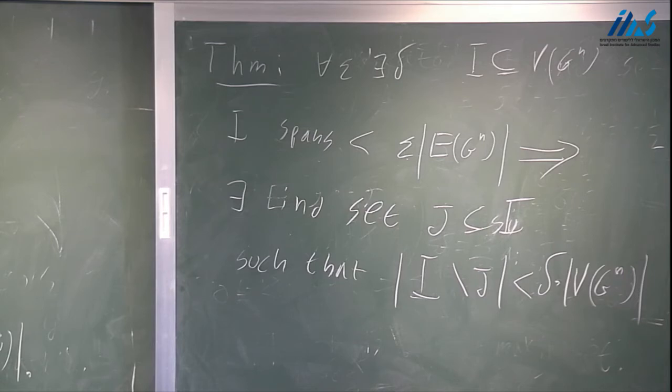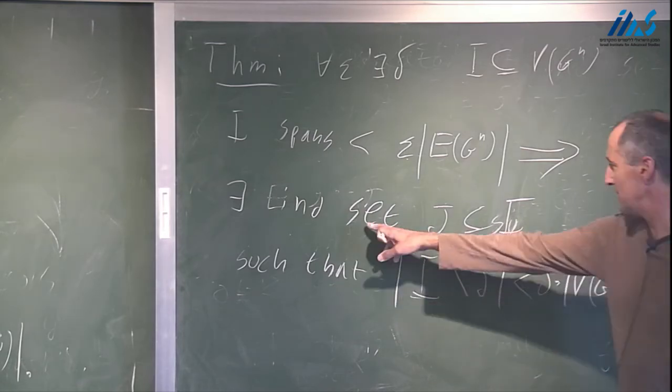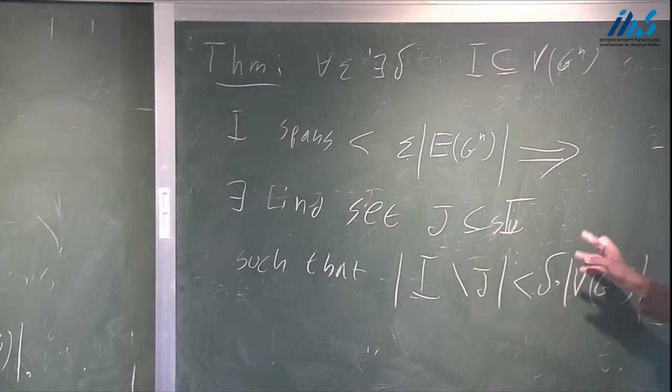Excuse me? There exists an independent set J contained in I such that... Would it also be true that I has coordinates at least 1 minus delta times J? That would be stronger than if you were. No, I. The size of I. Oh, the size of I is at least 1 minus delta times... oh, you're saying